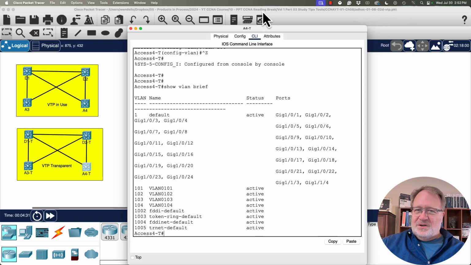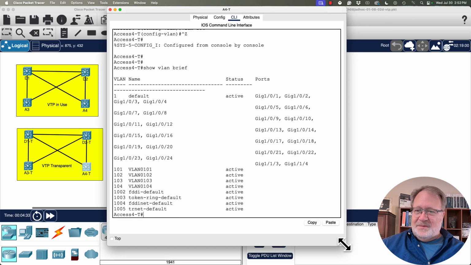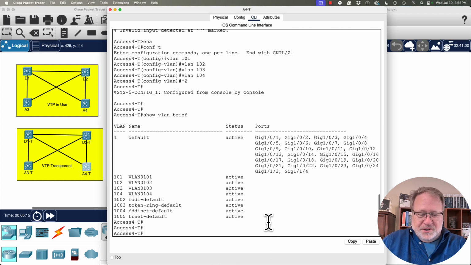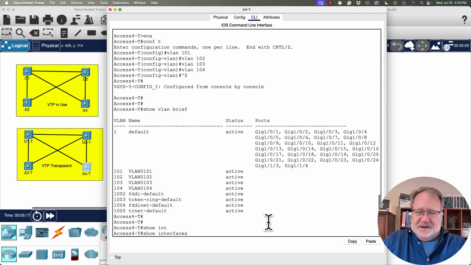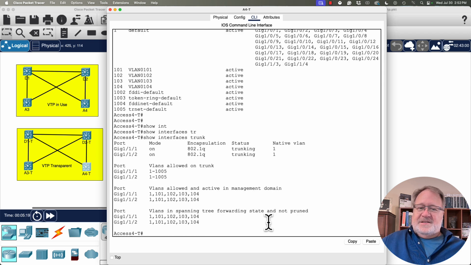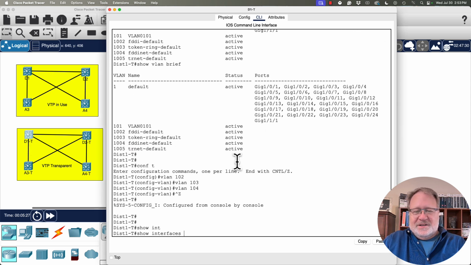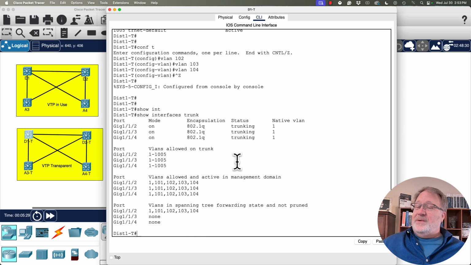But you certainly aren't going to run around typing over and over and over on those. Next, the lab asks you to confirm the different trunks that are in use. So you could do commands like show interfaces trunk, and see here on the access switch, it's got 2 ports that are trunking. If we go back to switch D1, show interfaces trunk shows us it's got 3 trunks, but